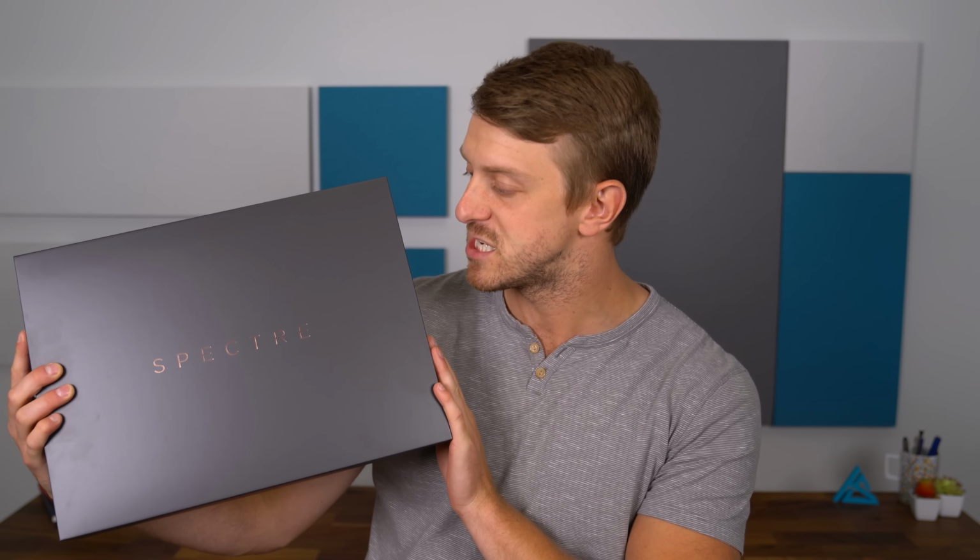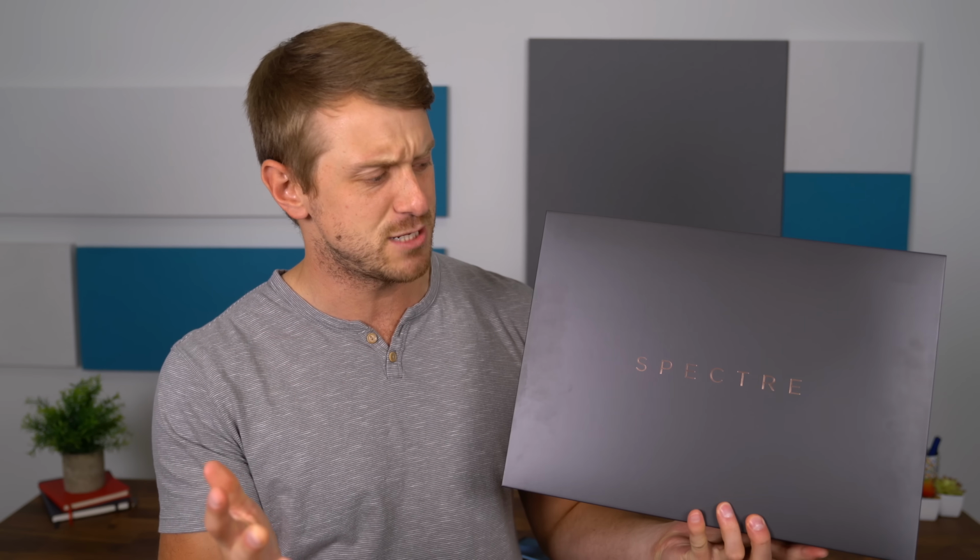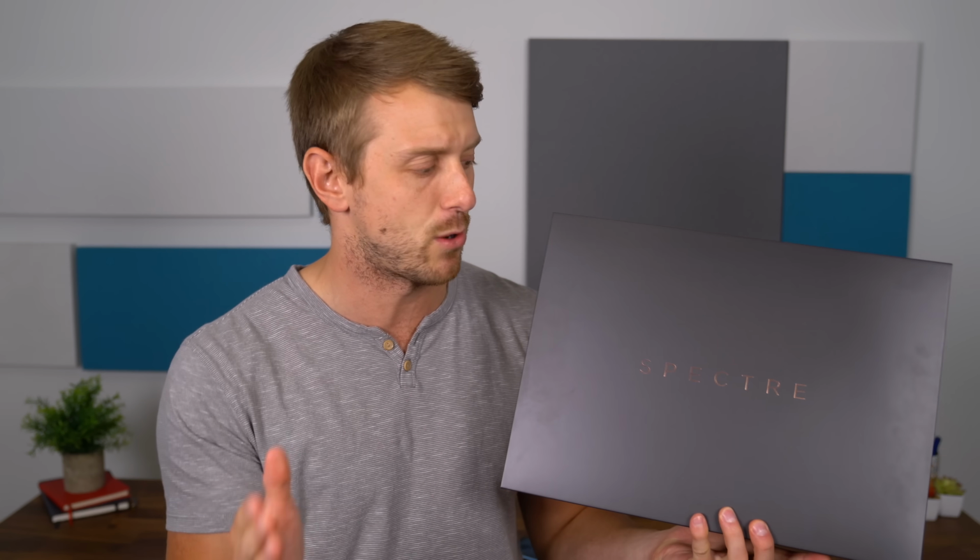I'm excited for this one. I have the new 2020 HP Spectre X360 15T laptop here. X360, because it is a convertible, flips 360 degrees. And in my opinion, HP's been making some of the best looking laptops out right now, so I'm excited to